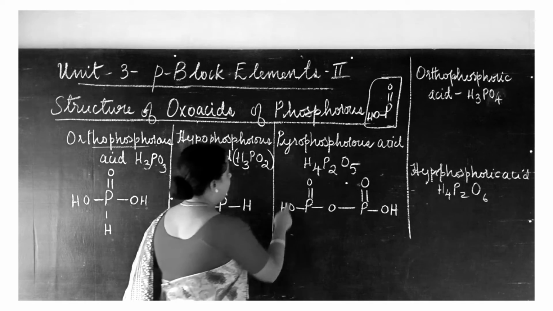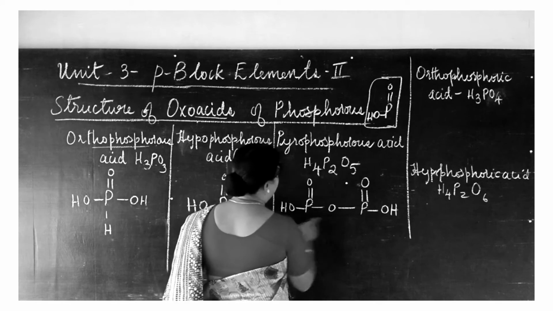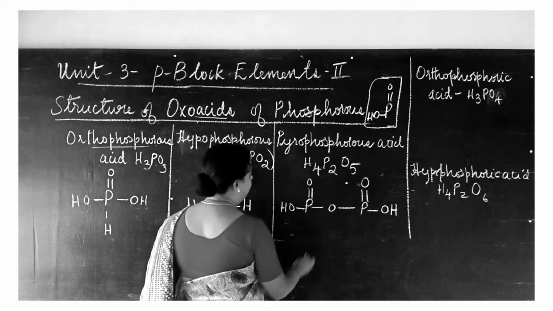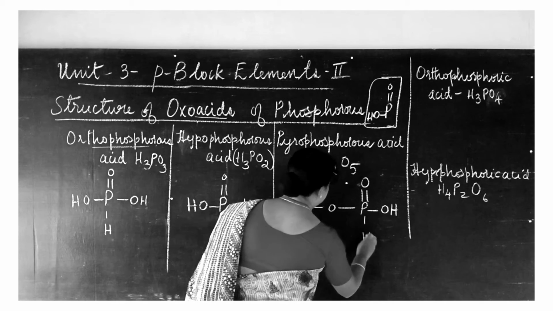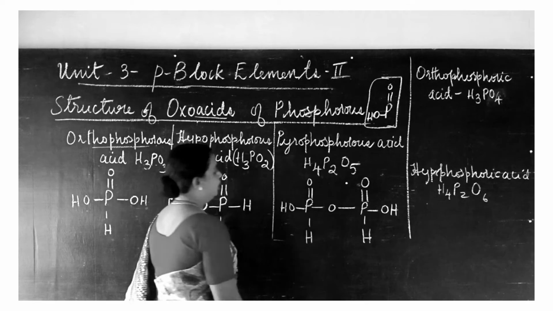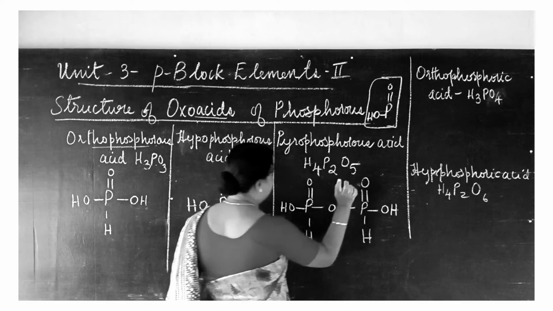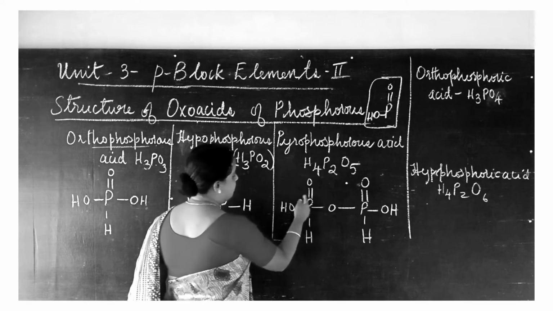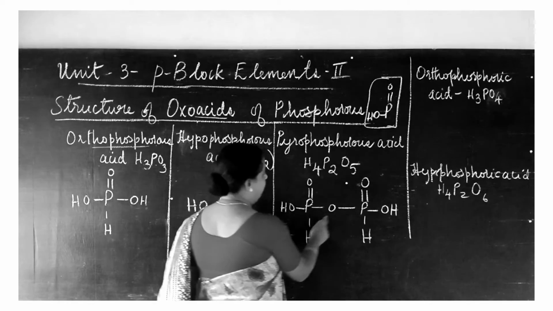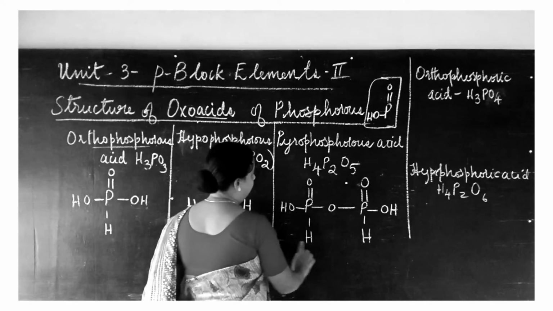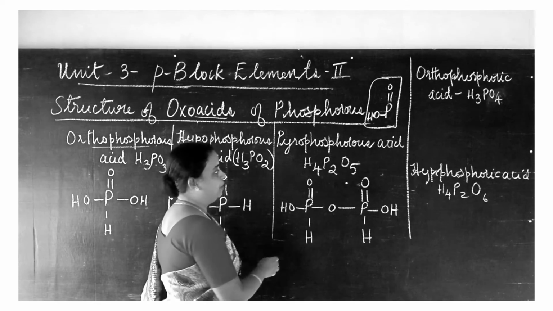Yes. Now hydrogen. How many hydrogen atoms? Only 2 hydrogen atoms are placed here. Now actually it should be 4. So one hydrogen atom I place over here, another one I place over here. Yes. So 5 oxygen atoms, 1, 2, 3, 4, 5. 5 oxygen atoms, 2 phosphorus atoms, and surrounding the phosphorus atom 5 bonds, 1, 2, 3, 4, 5. Okay, and 4 hydrogen atoms, that is also done. So this is the structure for pyrophosphorus acid.